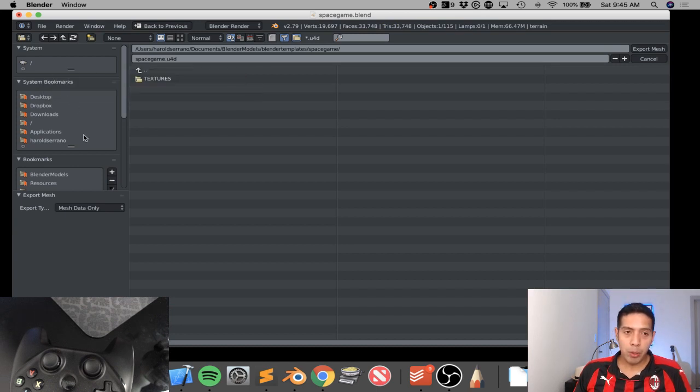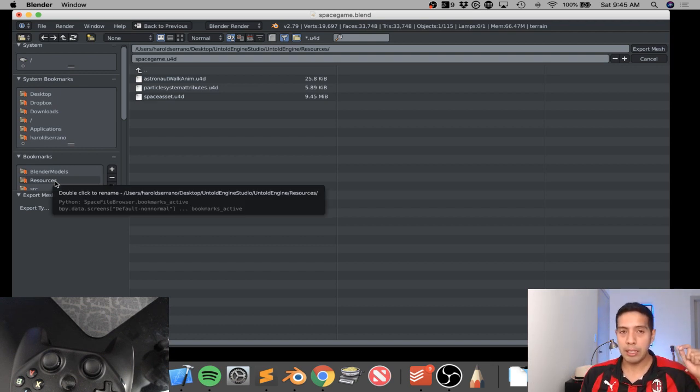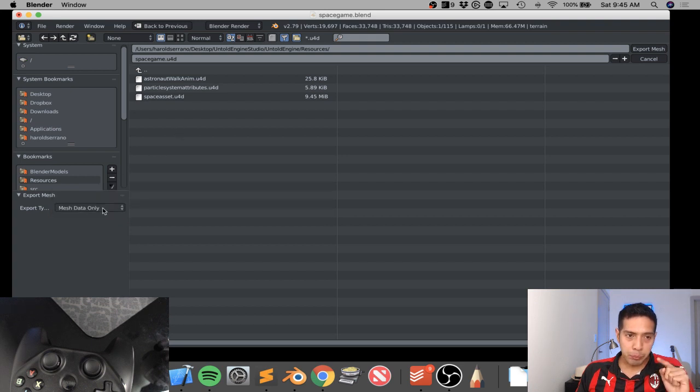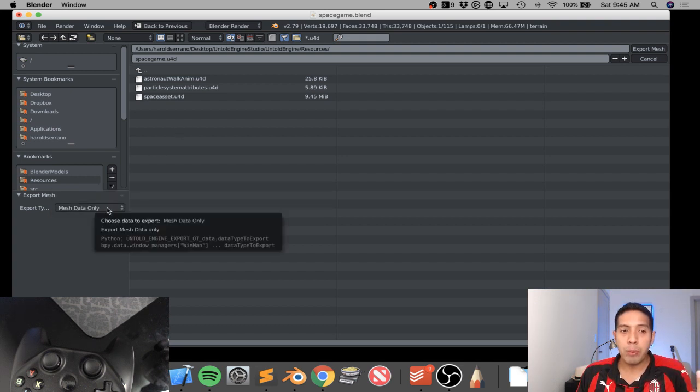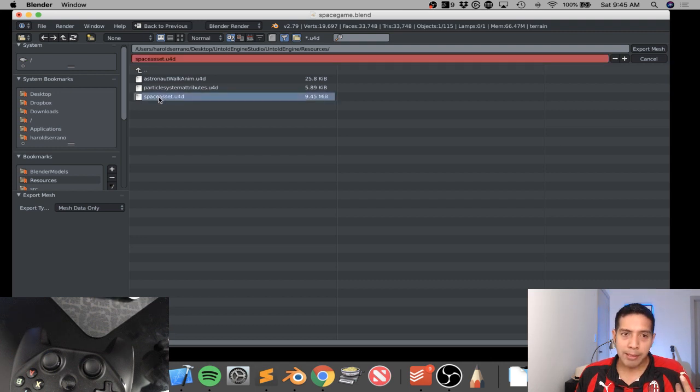And when you click on export, first you need to set the location where you want it. In this case, we want to export this in the resource folder of the engine, and you can choose the export type. In this case, we only want to export the mesh data only, but if you have animations you can export animations, or animations and mesh data. It's up to you, but in this case we only want mesh data, and we're going to call this space asset .u4d. All right, so that is going to export everything over,